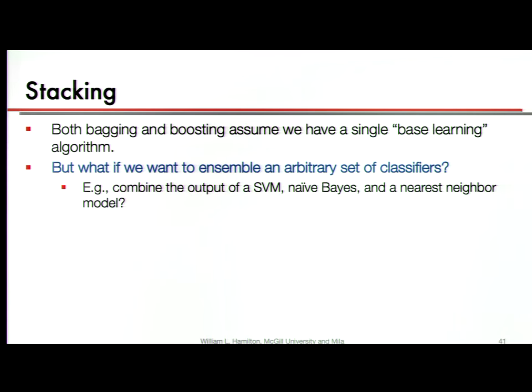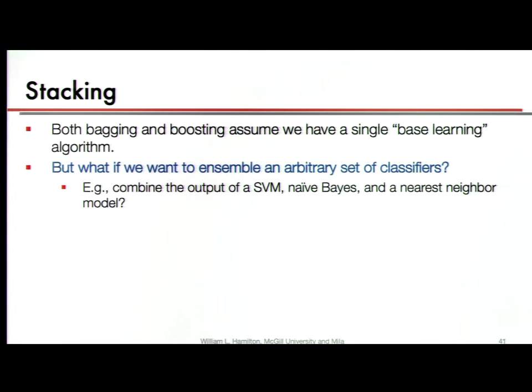So in the first two that we talked about, bagging and boosting, we were ensembling, so we're saying how can we combine the output of a bunch of different predictions, but we're basically assuming that we are using the same model to generate these predictions. So when we did bootstrap aggregation, we were saying, okay, let's run a decision tree, say for random forest, on a bunch of different bootstrap replicates and combine the output. Or for boosting, we have these weak decision stumps, and we're combining a bunch of these predictions together, but we're assuming we have the same model.